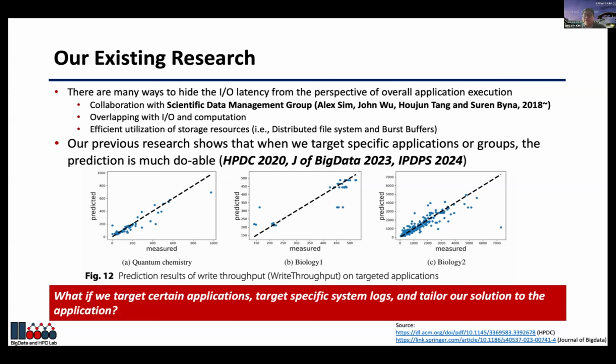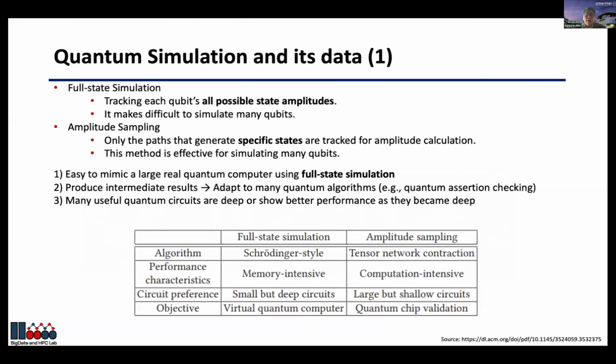While we were analyzing that entire system data, we published HPDC and IPDPS papers last year. But the consistent theme that we got is that while analyzing the entire system can be difficult in terms of data, focusing on a single application and optimizing that application for a new storage stack or new hardware can be doable for us. So while thinking about that, we thought about machine learning applications, we thought about climate applications, but we